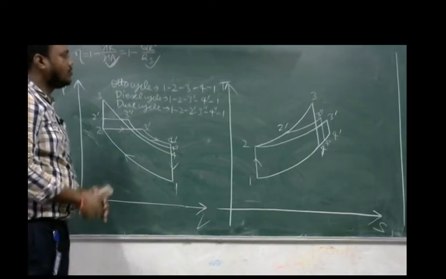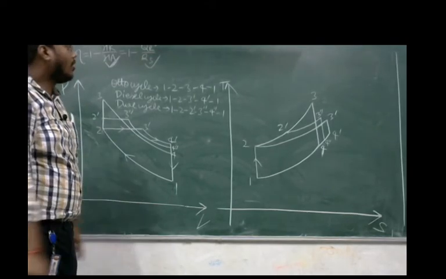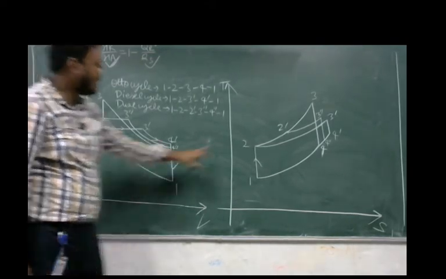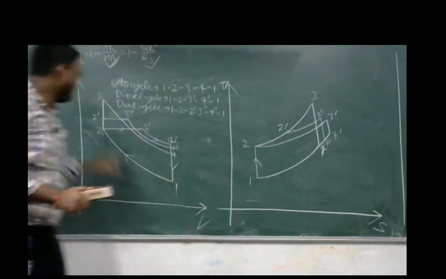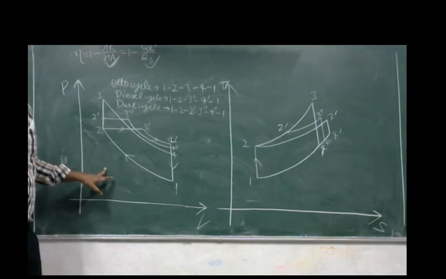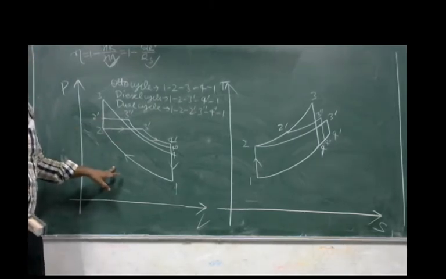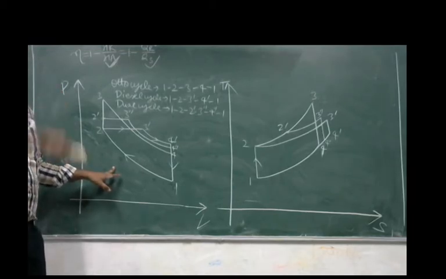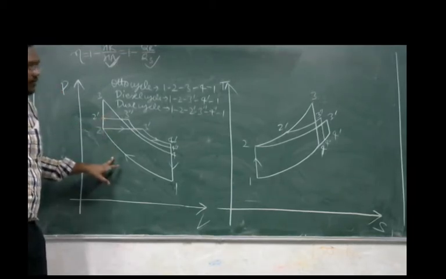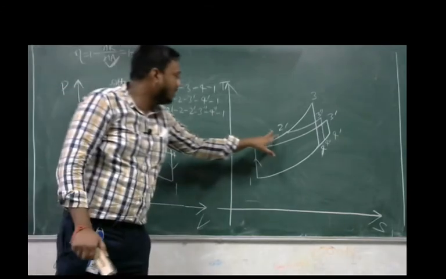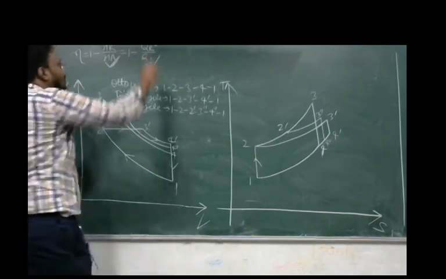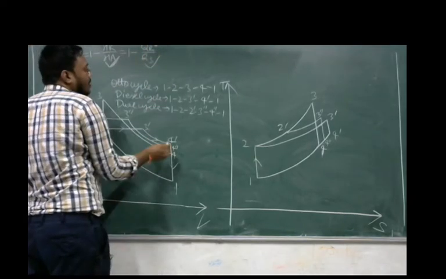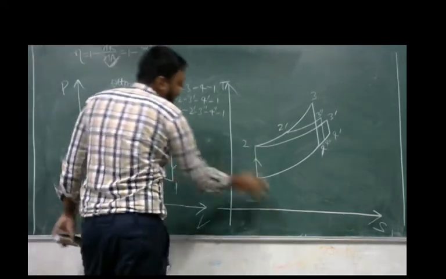So basically we have to check the heat rejection value for all these 3 cycles on the TS diagram, because heat transfer we can only see on the TS diagram. On the PV diagram we can only see the work transfer. Area below the curve on the PV diagram gives work transfer. You have studied this in thermodynamics in second year. But area below the curve on the TS diagram gives heat transfer, and we have to see the heat transfer, because heat rejection is a heat transfer. So we have to see the TS diagram.